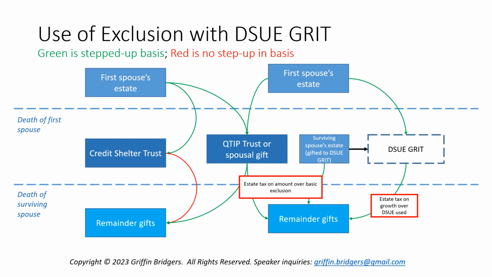And then on the right, we'll have the DSUE GRIT being subject to estate tax on any growth over the DSUE that was actually used to fund that trust. Any DSUE not used could actually carry over and offset first any estate tax against the QTIP trust or the surviving spouse's assets. But the idea here, again, is that our second step up in basis is preserved through all